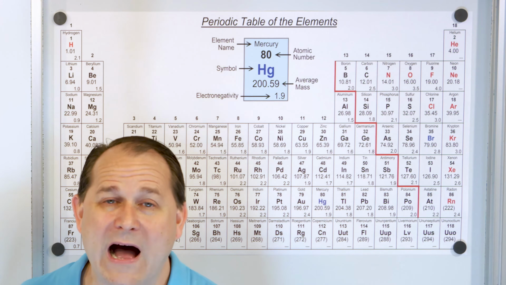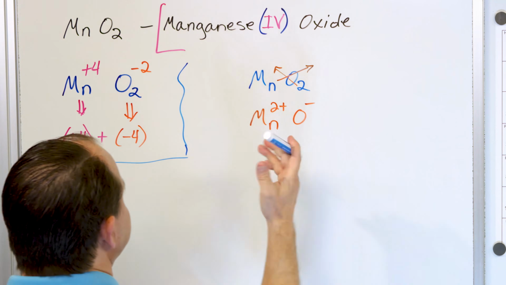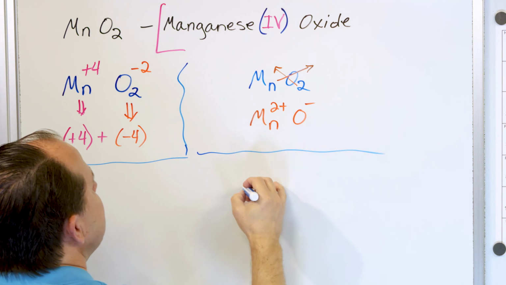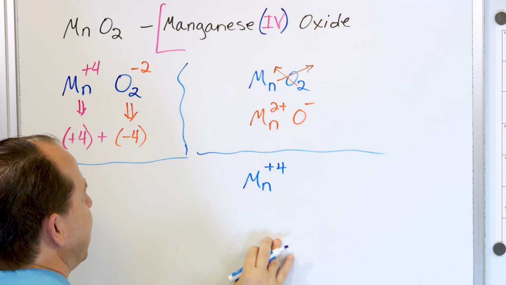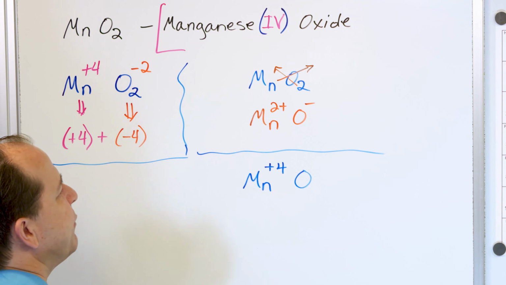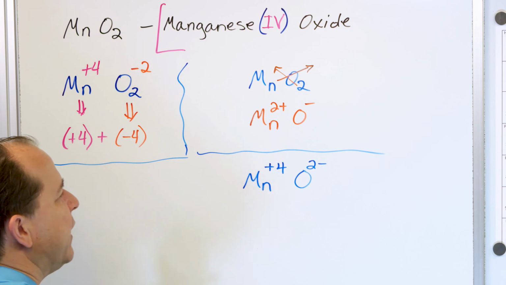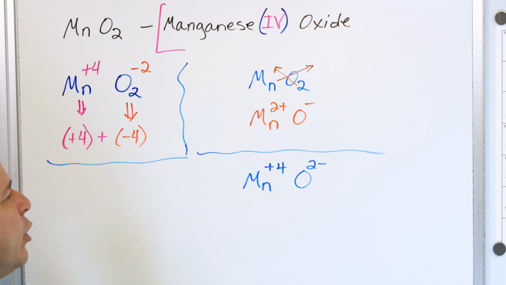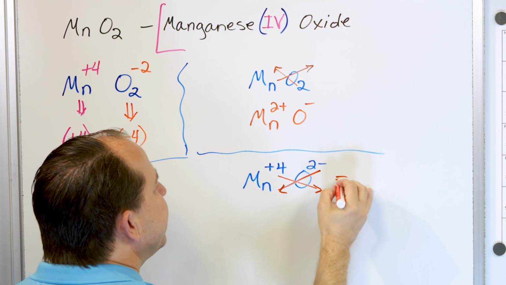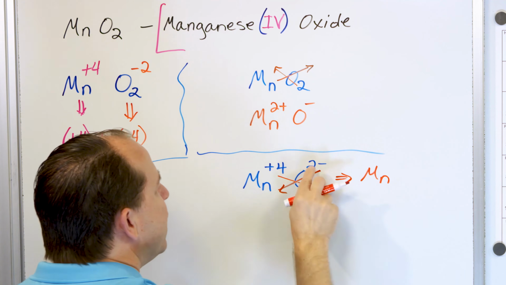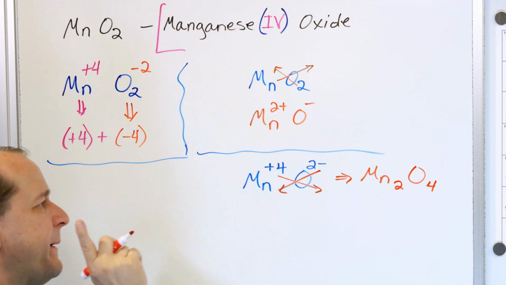Now let me explain why a reverse crisscross doesn't work. Let's say I tell you ahead of time that manganese, an unfamiliar element, has a charge of +4. And then you look on the periodic table and you know that oxygen takes on a charge of -2. If I give you the ion charges and ask for the formula, what are you going to do? You're going to do a crisscross. And you're going to say that this is equal to manganese with a 2 down here, and then oxygen with a 4 down here. And you're going to want to circle it,